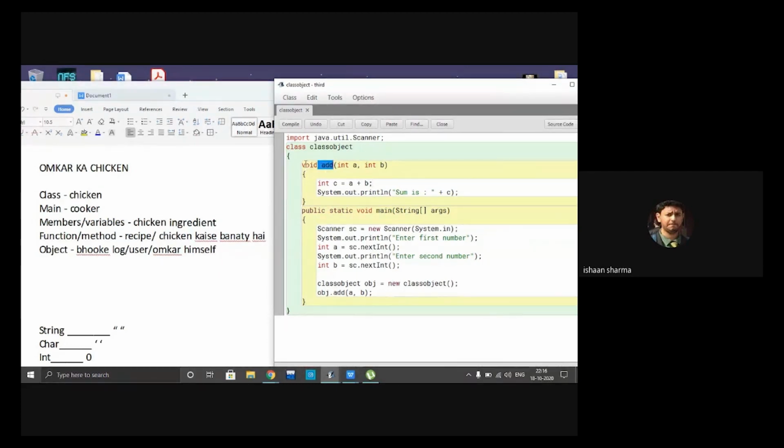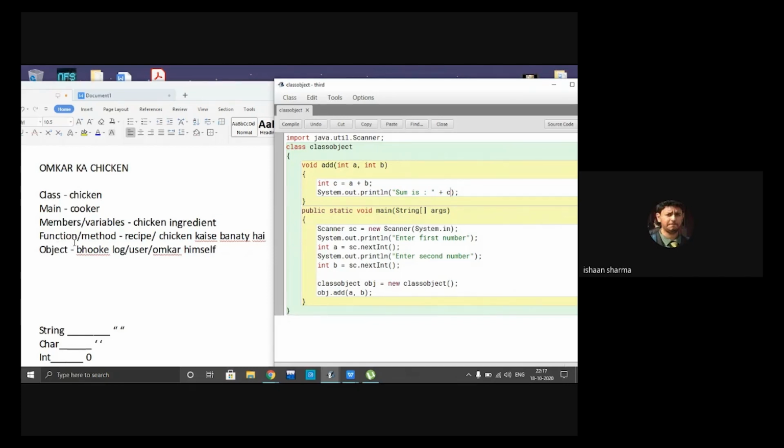The function we have made here, when we show it in void add, then when it takes the values from here, it goes into the function. When we take all values from here, two numbers from here, these numbers are sent to void add. What do we do next? Then void add takes these values, adds them, and prints out the sum. And then what does the object do?